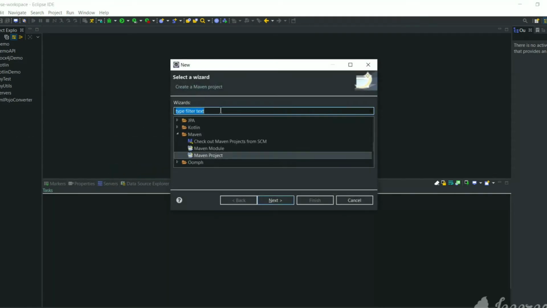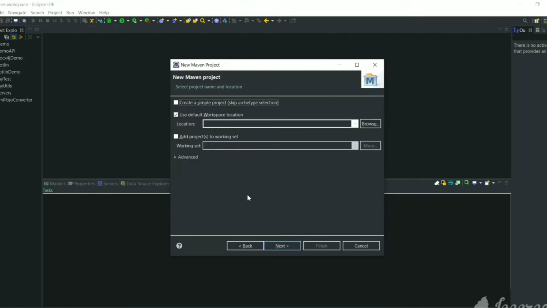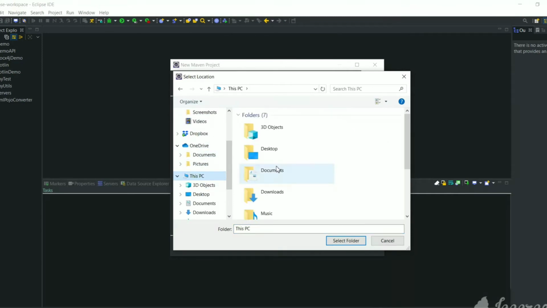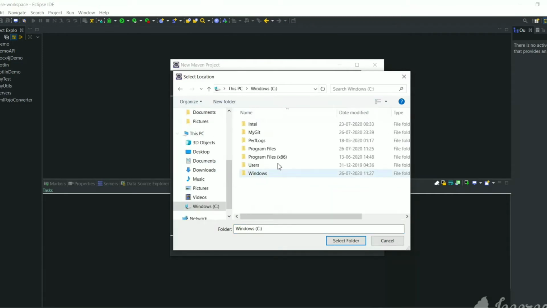So here I am going to create a Maven Java project. So if you don't have Maven here, please install Maven using the help button and install Maven software inside Eclipse. So here you can select Maven project, then you can click on next and you can choose the location where this project will be stored. So here I will be selecting one path,